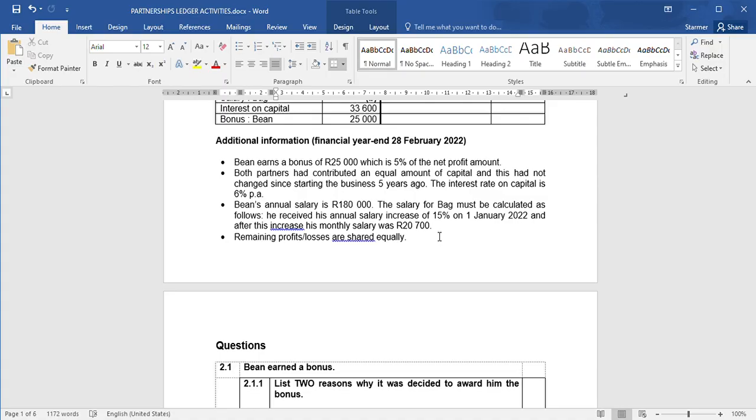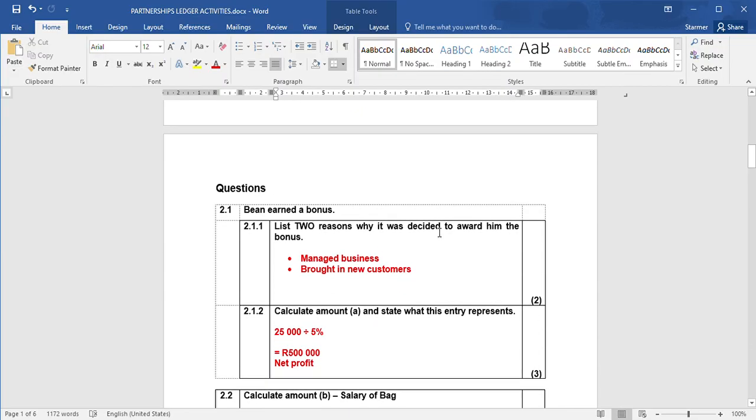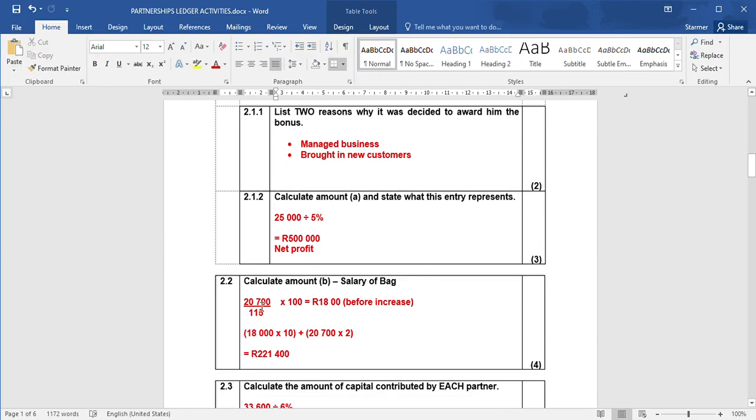In other words, the March and April salary are 115% of the salary before the increase. The first thing you need to do is divide by 115 and times by 100. In other words, you're trying to get the amount before the increase, which comes to 18,000. So that 18,000, he will earn that for the first 10 months of the year, and then for the last two months, he will earn the 20,700 which they give you. And then you add those up and it comes to